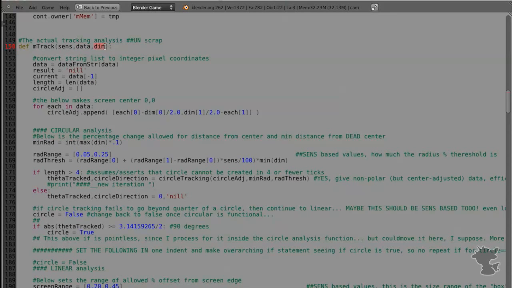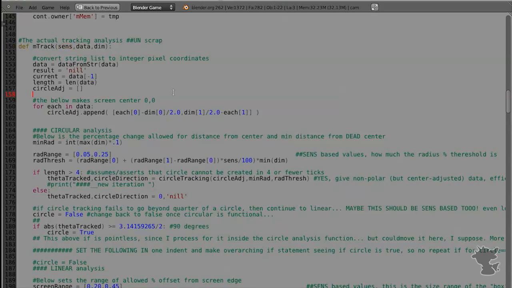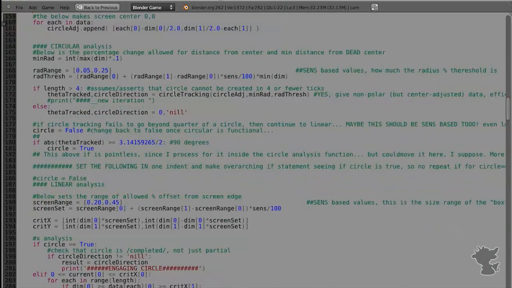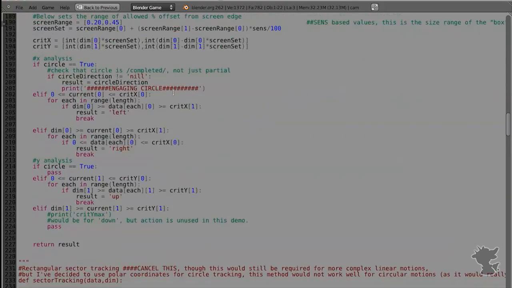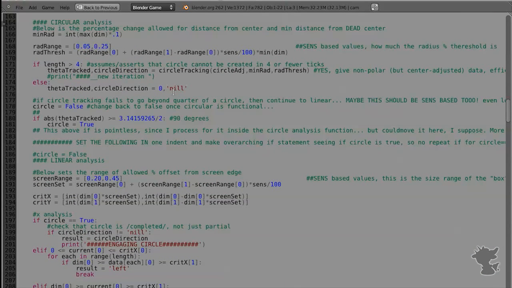The dimensions of the screen, so I don't have to call it here, and the sensitivity. It's a 0 to 1 value. That's the little slider that makes it more or less sensitive, or how much you have to move the mouse to actually activate the actions. So I won't go into the nitty details of how I programmed it, but basically I'll put up a little